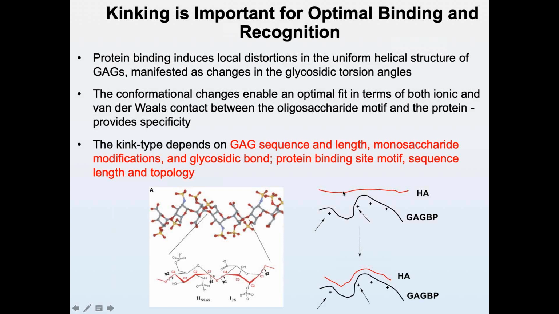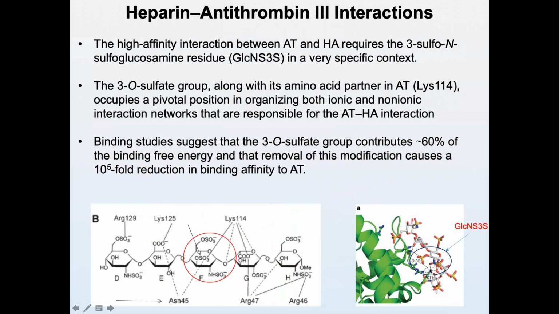Okay, there has to be a kink in this position in order to place this 3O sulfate group at this position in order to register the interaction. So if there is an amino acid group here, a very long amino acid group, which prevents this kinking from registering, then you're not going to get interaction between the 3O sulfate group and this lysine 114, which means this heparin cannot